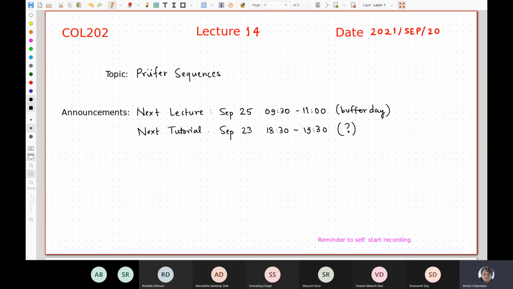So the plan for today is to hopefully wrap up all of graph theory, and in the next lecture we'll start something completely new. In particular, we'll definitely try to wrap up the proof sequence business, and then maybe if time permits, I'll introduce you, not in a very formal way, to other types of graphs, multi-graphs, directed graphs, and so on, just so that you all are aware of these things.